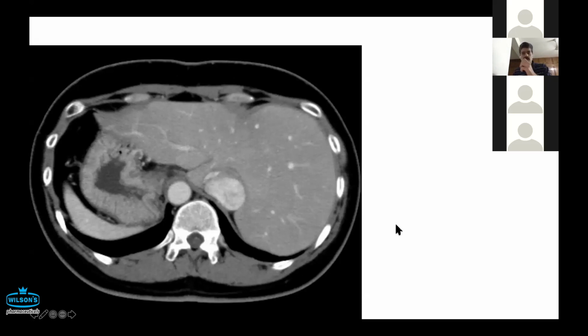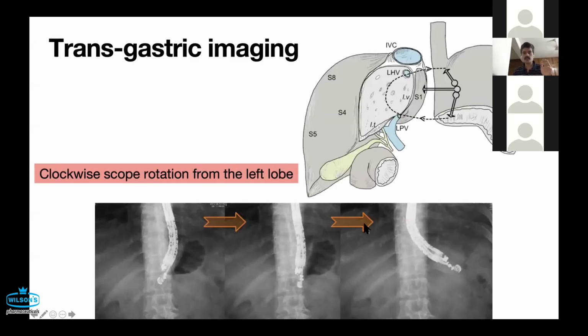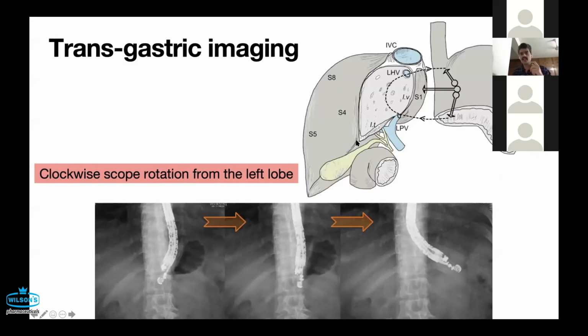and the interpretation of the liver is as we rotate it around the landmarks. This is a cartoon that I have drawn freehand myself, just to show how the imaging is. Unlike a transabdominal imaging, please remember that the probe beyond the G junction in the proximal stomach is directed towards the front down to the inferior